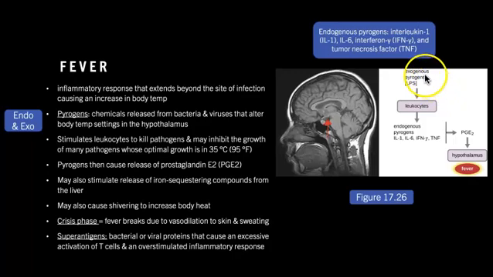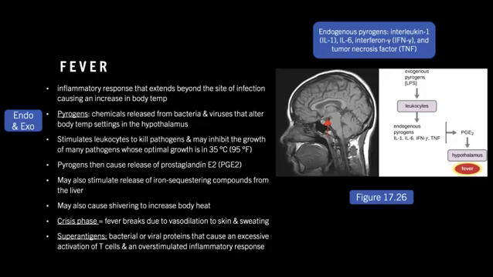We'll also get some exogenous pyrogens, and that is released by the LPS within our gram-negative bacteria. That causes our leukocytes to release those endogenous pyrogens that we just talked about, which then can release prostaglandin E2, which communicates to our hypothalamus that we need to change our body temperature and essentially kicks up the thermostat and increases our body temperature. And when we increase our body temperature, it stimulates our white blood cells to kill pathogens